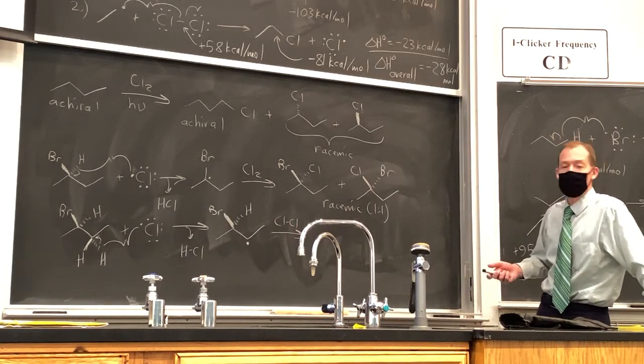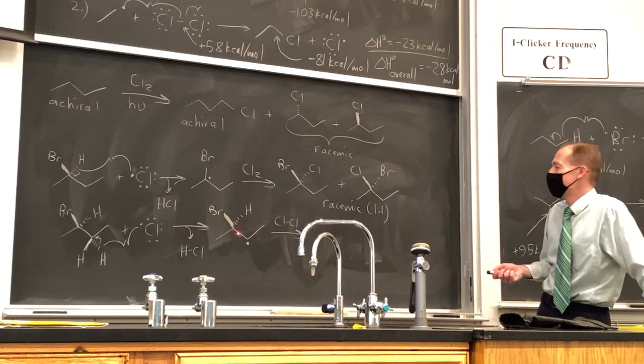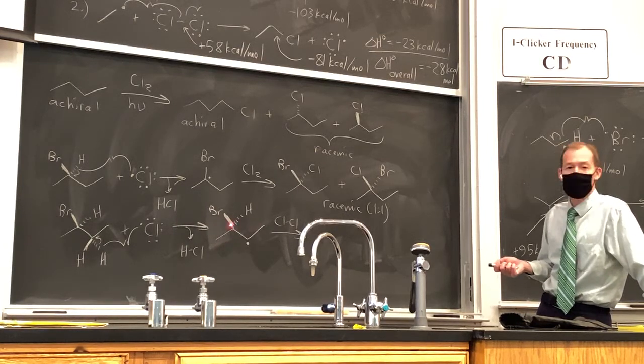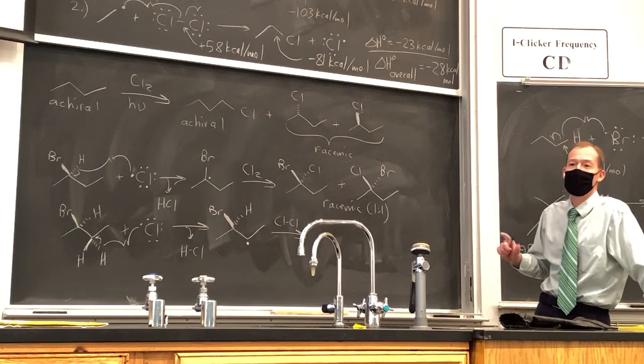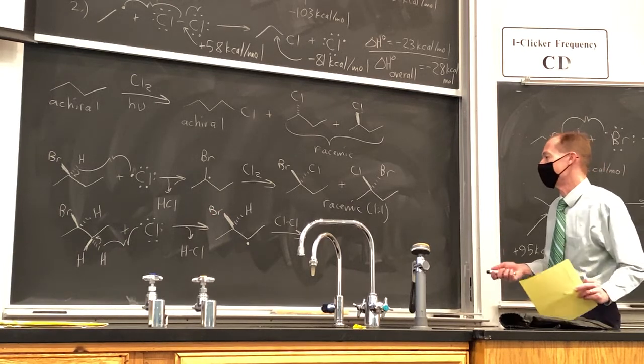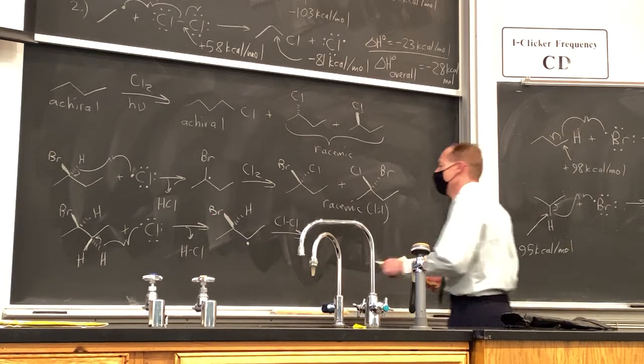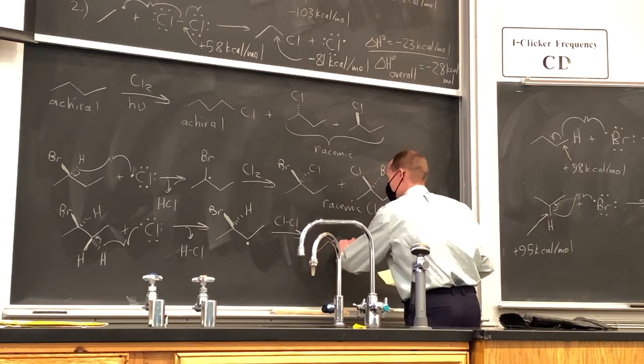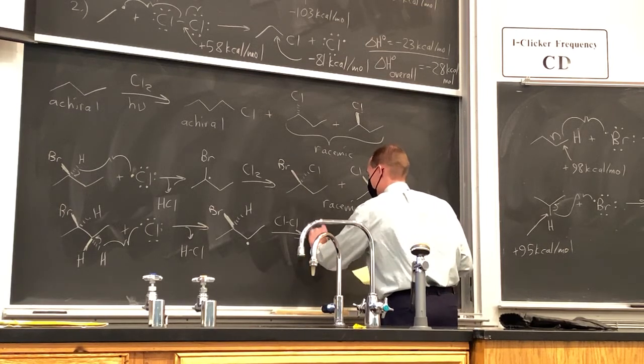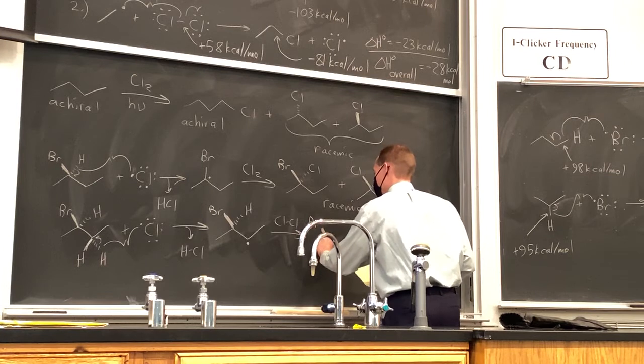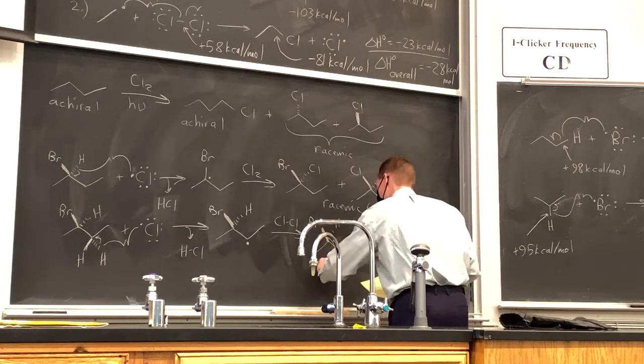You might say, well, one face is more hindered than another. Not exactly, because we have free rotation about this carbon-carbon bond. So this bromine is not going to hinder one side of that radical more than the other. So what's going to happen in this case is we're going to form a 1-to-1 mixture